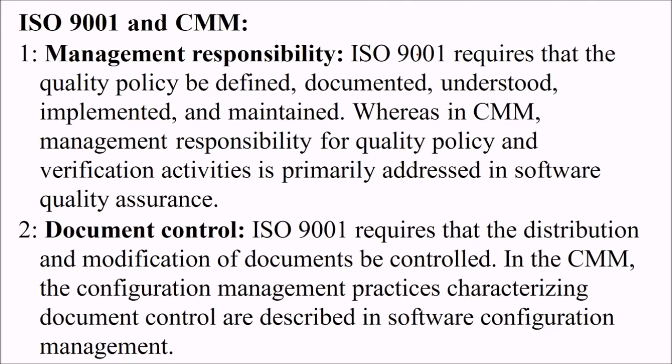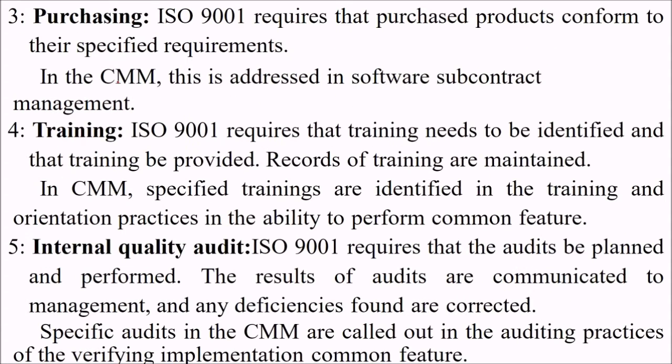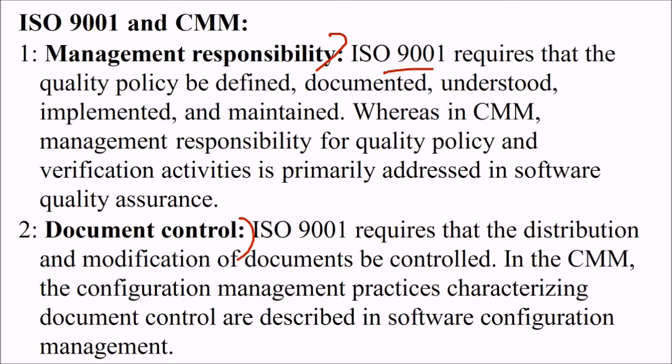ISO 9001 and CMM. What is ISO 9001 and CMM? ISO 9001 requires, we are talking about the management responsibility, the document control, the purchasing, the training, the internal quality audit. Okay, all this has to be there. And let me tell you, it has changed a bit now. In ISO 9001:2015, some terminology has changed. Now we don't call them product, but we call them products and services. Now there is no preventive action, but there is risk-based thinking, and the organization context is being used,